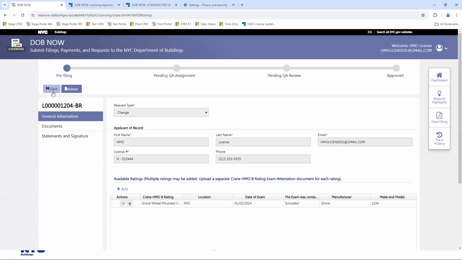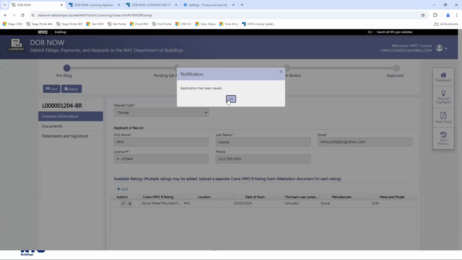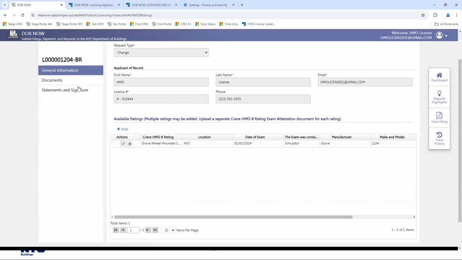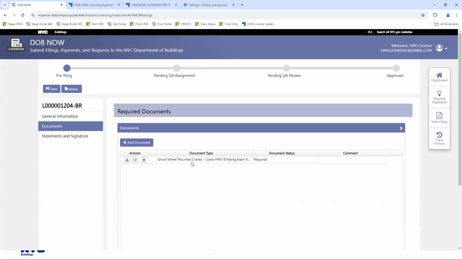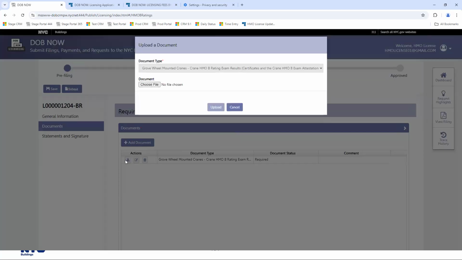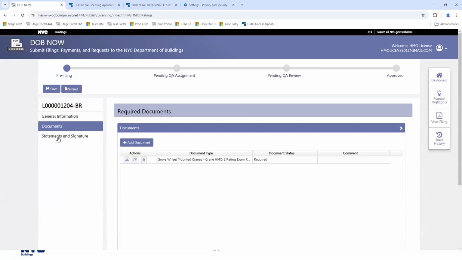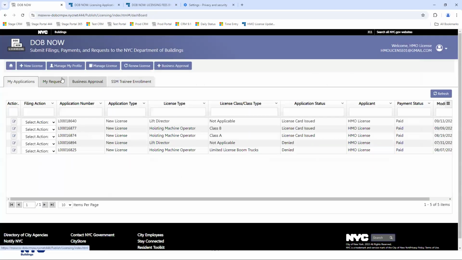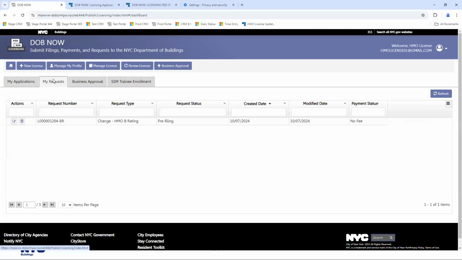And note, I'm going to click save just to make sure everything is saved. I'm going to go to the documents, and now it asks for my rating exam results for the rating that I chose to add. And I click upload to get to that. Now, because I saved that, I'll see it show up in my requests.